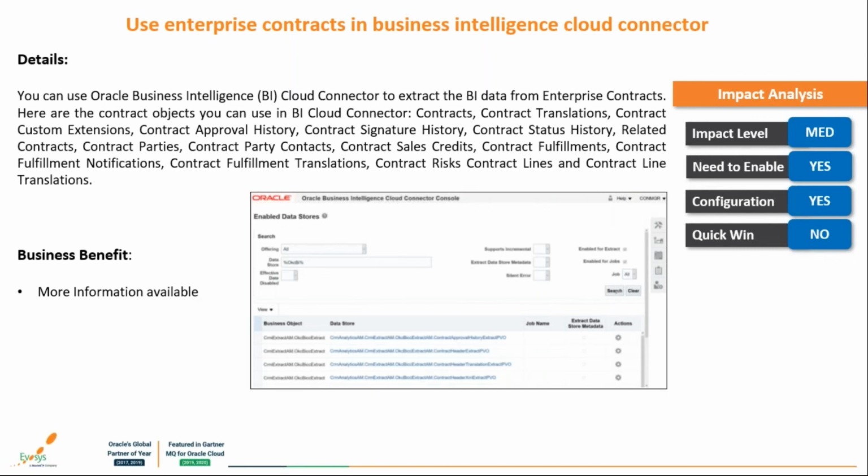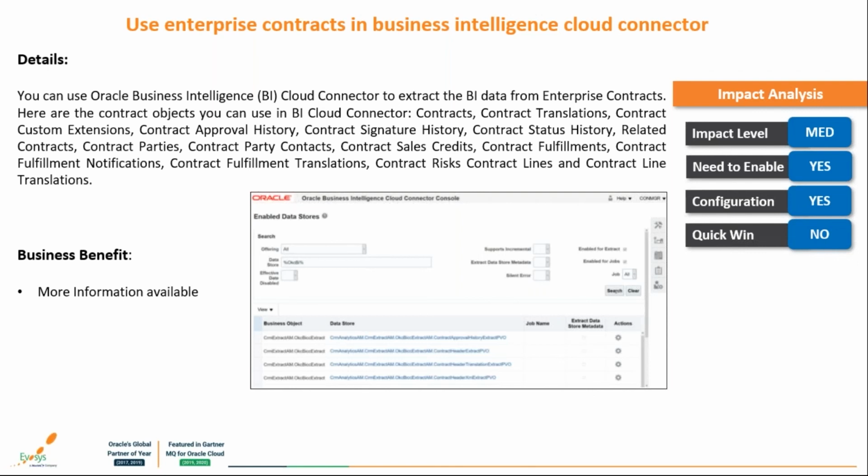Oracle Business Intelligence BI Cloud Connector may be used to pull BI data from enterprise contracts, contract translations, contract custom extensions, contract approval history, contract signature history, contract status history, related contracts, contract parties, contract party contacts, contract sales credits, contract fulfillment notification, contract fulfillment translation, contract risk,